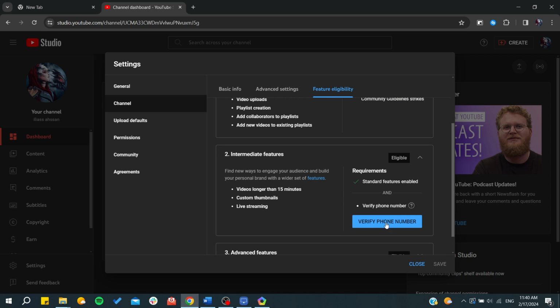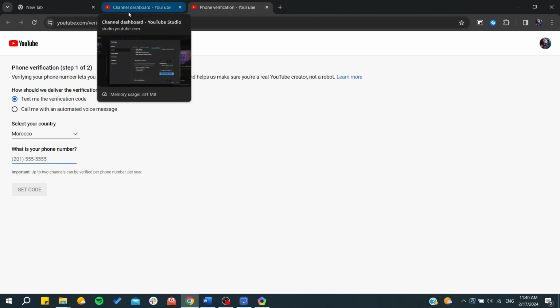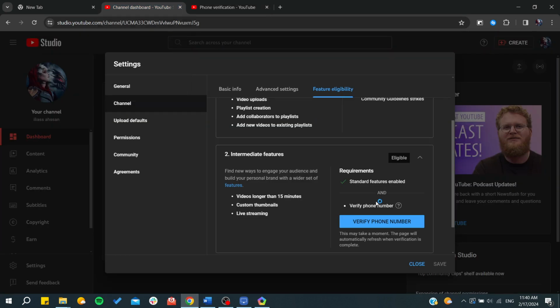on verify phone number. After clicking on verify phone number, you will need just to add your number. You select the country and then just text me the verification number. You click on get code. You add the code that was sent to your phone number, and then your phone number will be verified successfully, and then you will be able to start customizing thumbnails on your